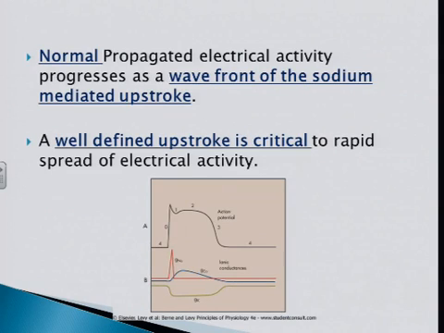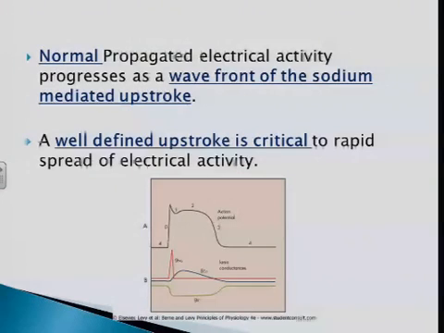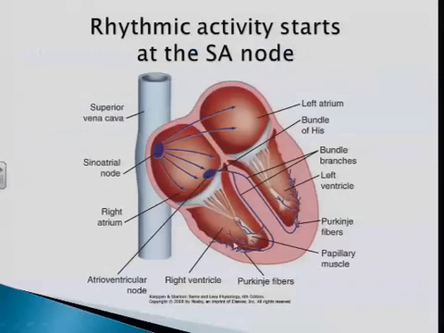So a well-defined upstroke is absolutely critical to the rapid spread of electrical activity. If you don't have a big current source, you can't supply the cells nearby quickly and depolarize them up to their threshold. So we have fast activity in the His-Purkinje system, the His bundle here, going out to